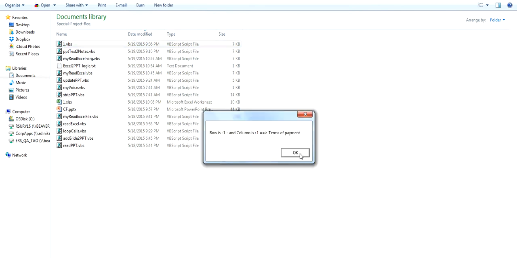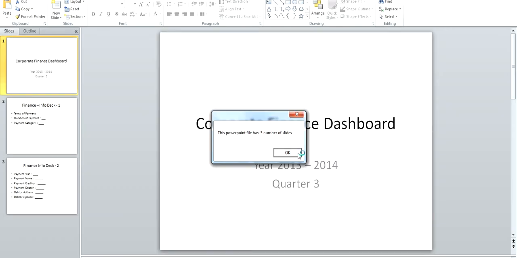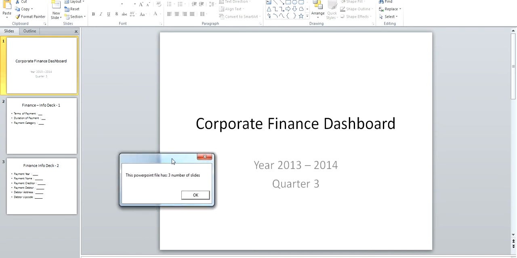So here you can see the first thing when I double click, it opened up my Excel spreadsheet, and row number one, column number one, it's got terms of payment. It now goes into the PowerPoint presentation, which is a simple presentation where I'm actually having a corporate finance dashboard,